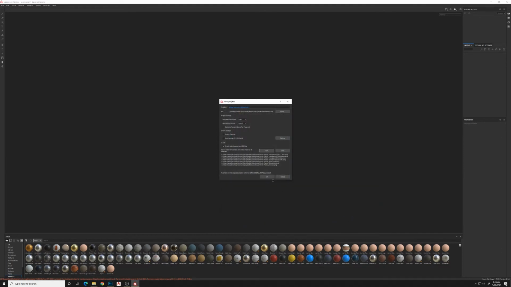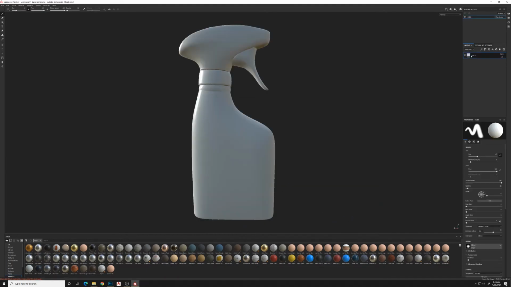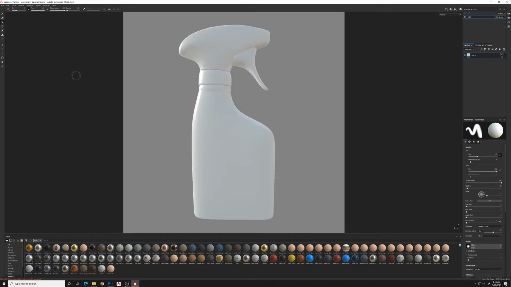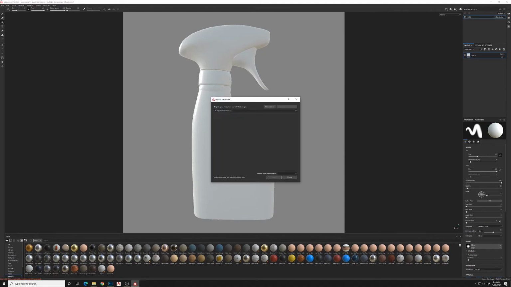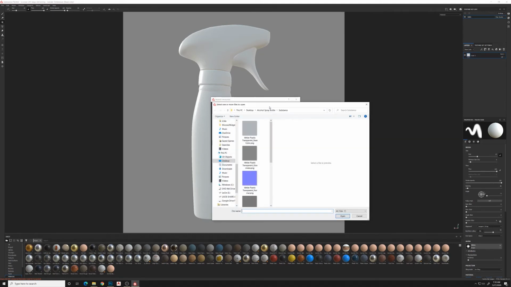open, and then we'll import this file. Okay, so we got it here. The main thing we want to do here is go into projection mode, and we want to grab some of those images where I have labels and things like that. So I'm going to import into resources. I'm going to add a resource. I'm going to find one of those images